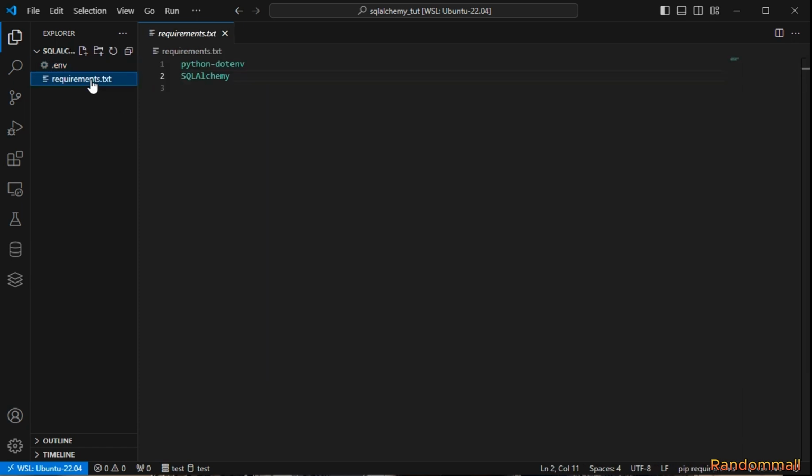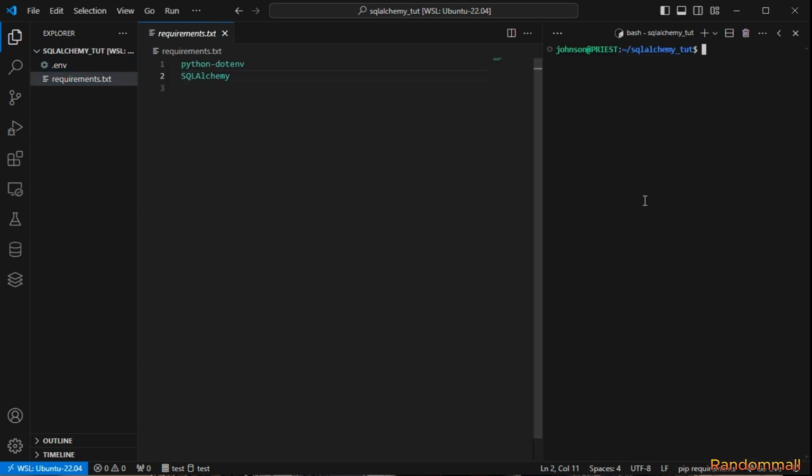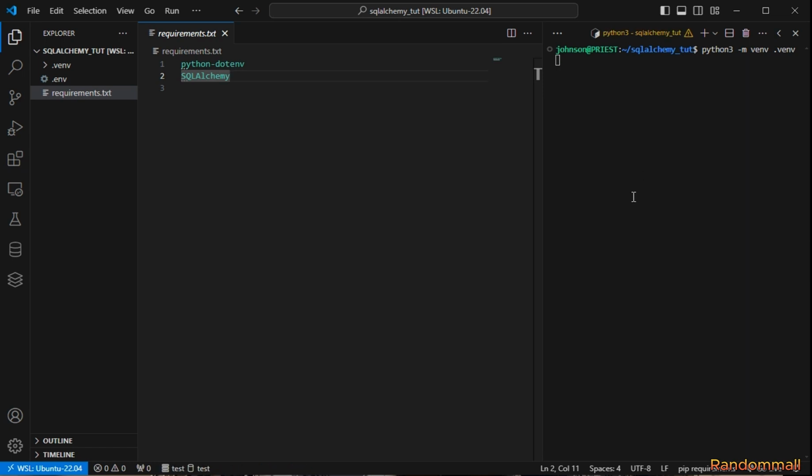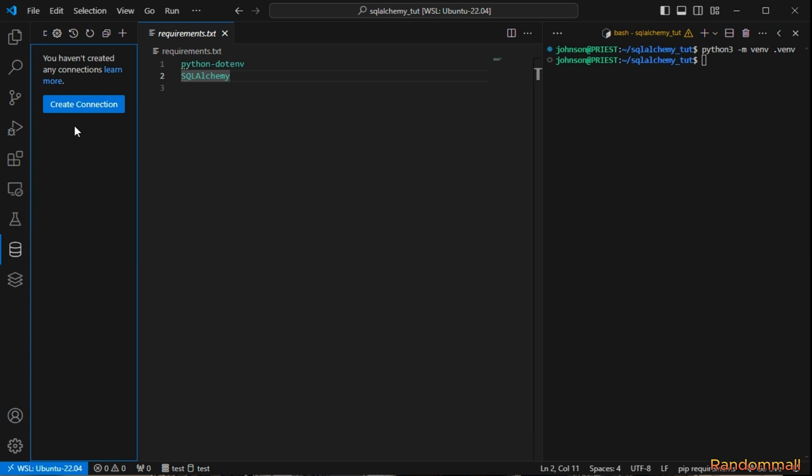For us to install it, we can open up our terminal, and we are going to be using a virtual environment, and I'm going to call this venv, and this should be able to create one. And another thing we are going to use is this extension for viewing the data in the database,